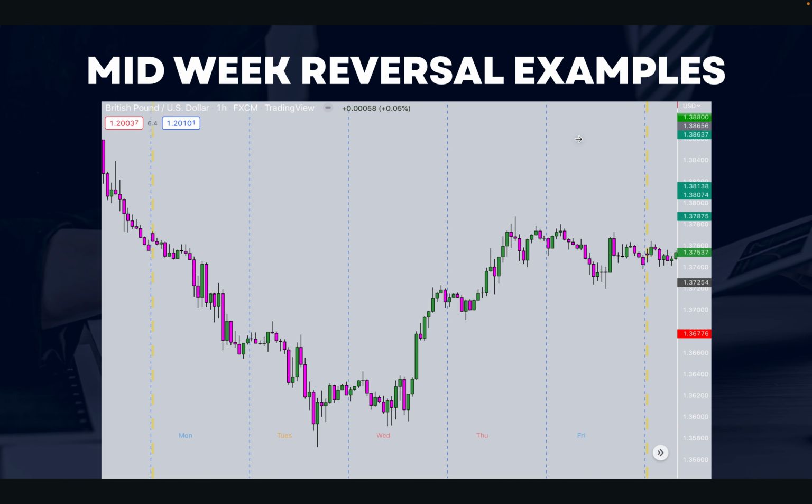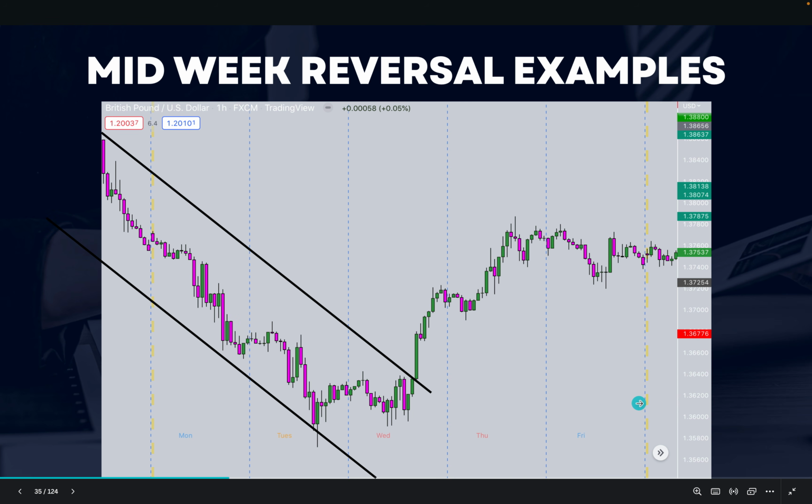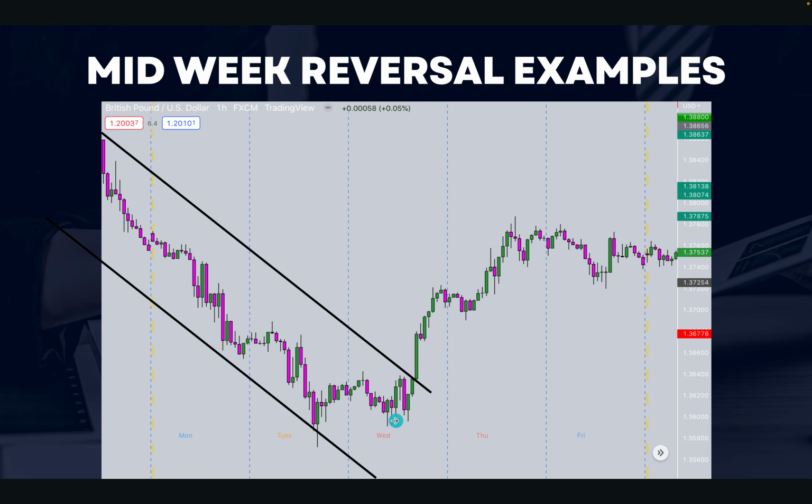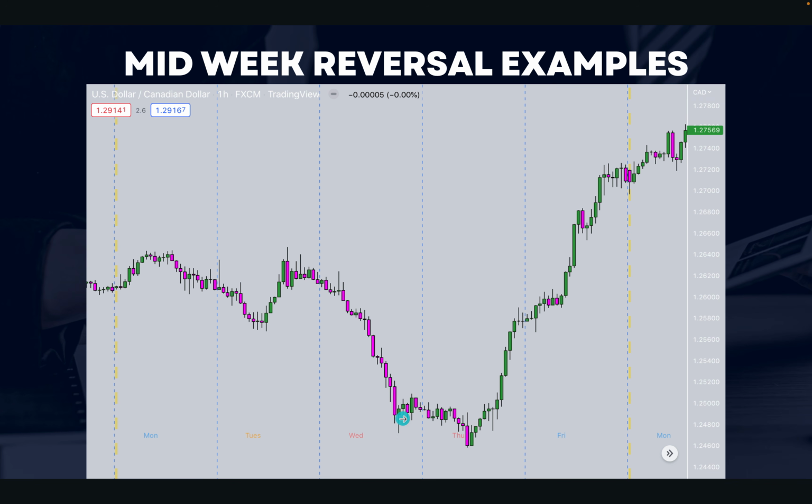So here's an example. This is GBPUSD. This is 1 week. We have Monday, Tuesday, Wednesday, Thursday, Friday. You can see the obvious trend come Sunday, Monday, Tuesday. And we can see that midweek reversal come Wednesday. Another example, perfect,